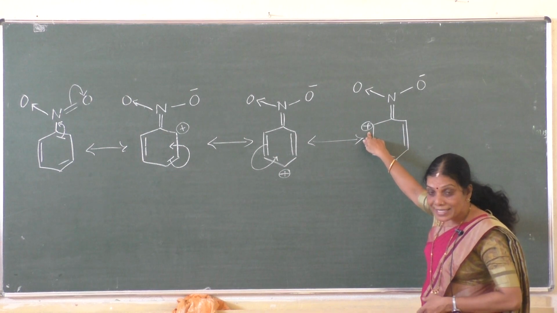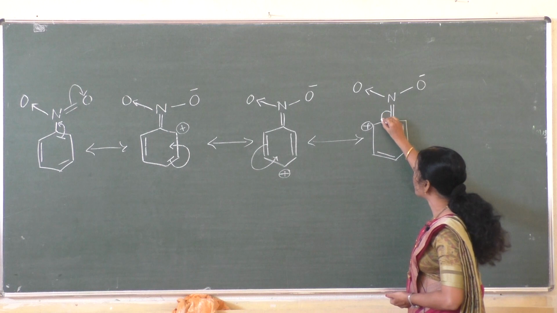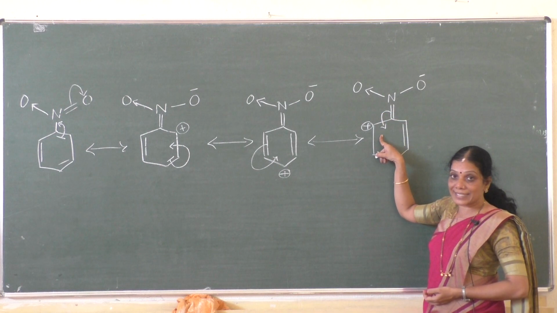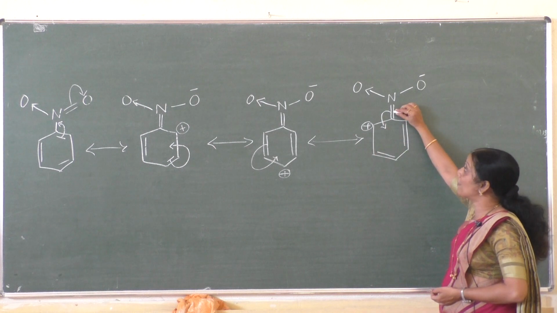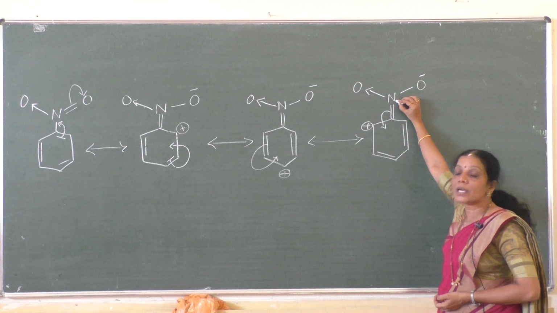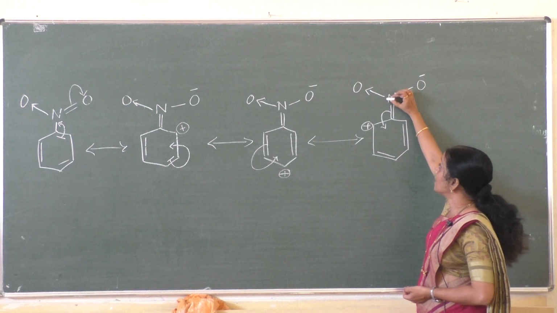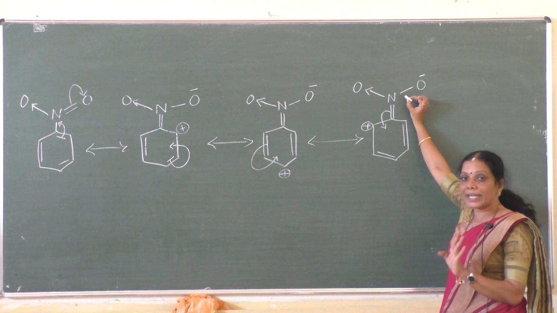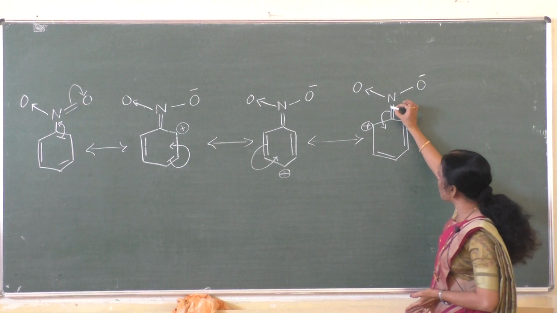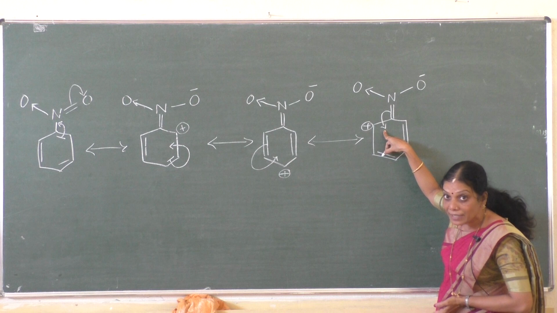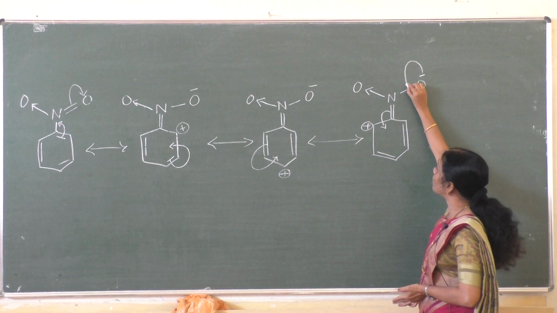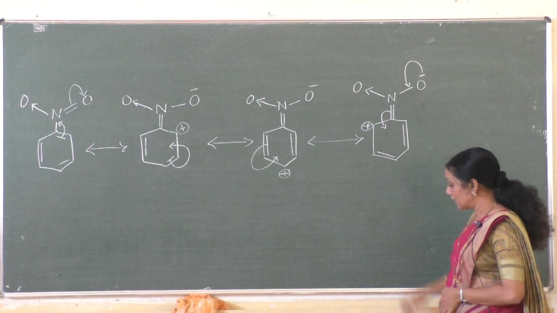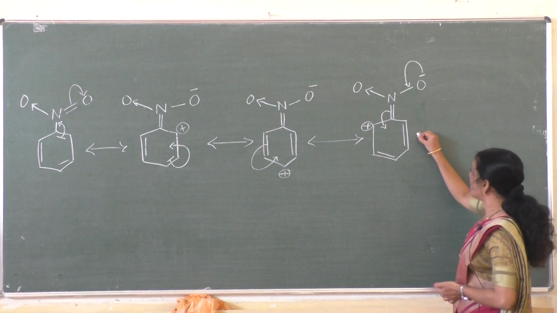To satisfy this carbon atom, once again, the shift of electron takes place from the nitrogen atom. Again, it gets shifted to the benzene ring itself. Once the shift takes place, the double bond between the carbon and nitrogen becomes a single bond. Again, this nitrogen, to satisfy its valency, should always contain three covalent bonds. Therefore, once the shift of electrons takes place to the benzene ring, again the electron from the oxygen atom gets shifted to the nitrogen atom. Understood? That means here a new bond is formed.